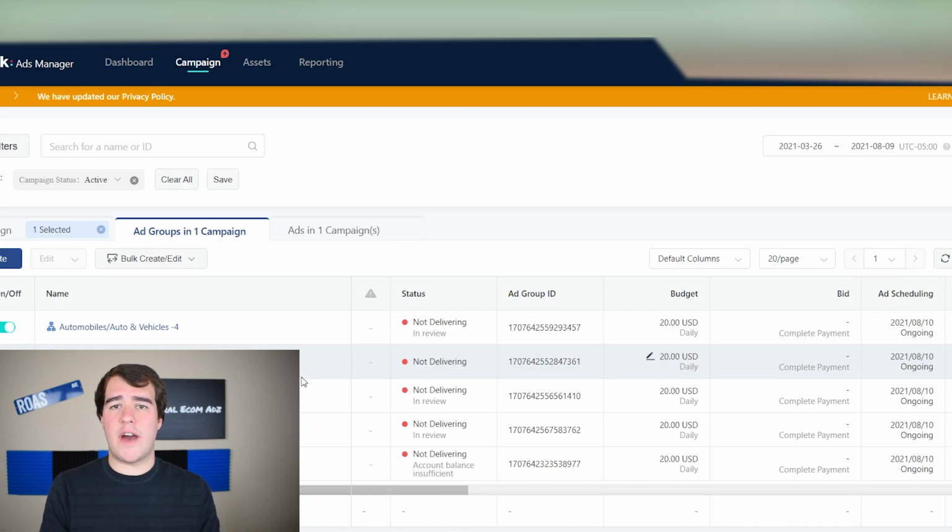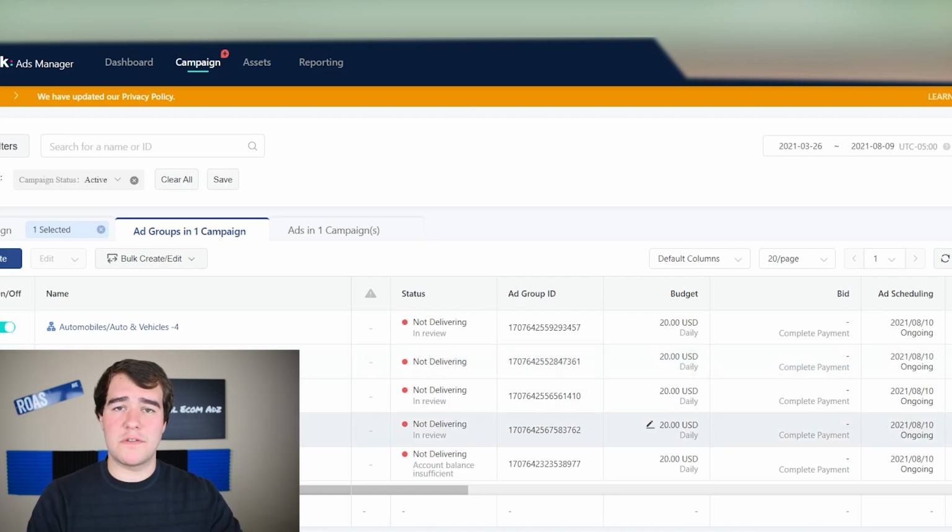So now we have 5 ad groups. All of them are exactly the same. They're all scheduled for midnight. You can even go in and verify that just so that you don't have any wonky spending on the first day. What we're gonna do now is we're basically just gonna edit each of these ad groups and change out